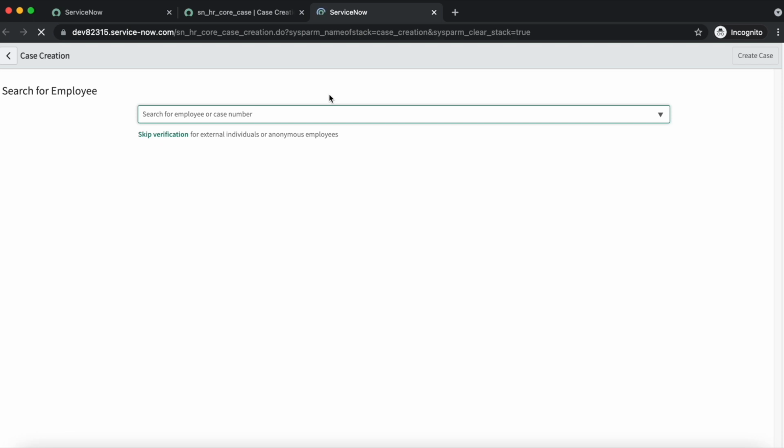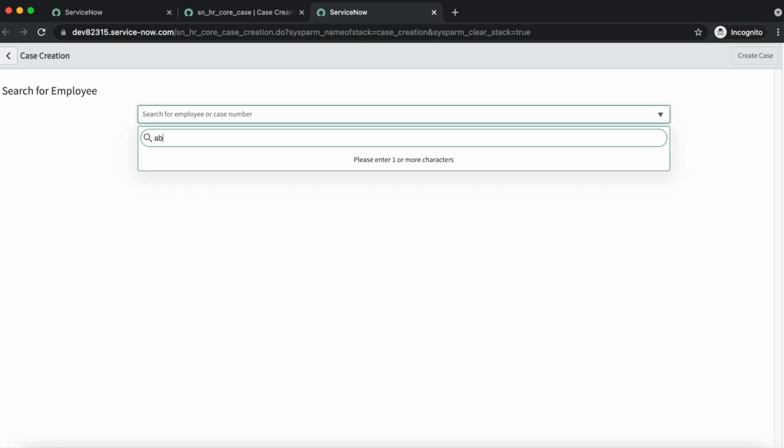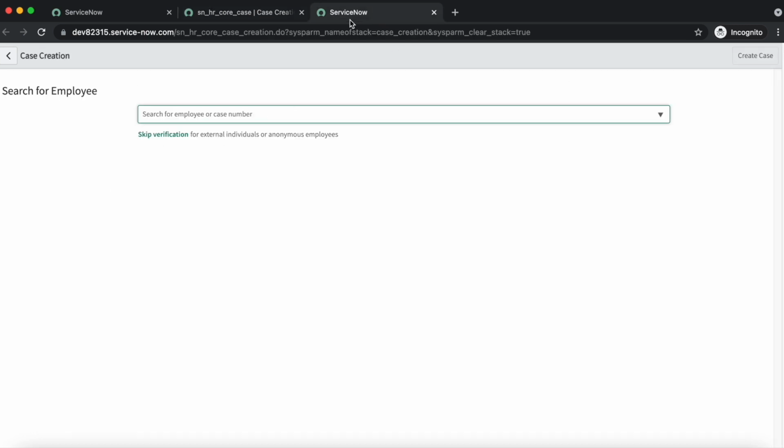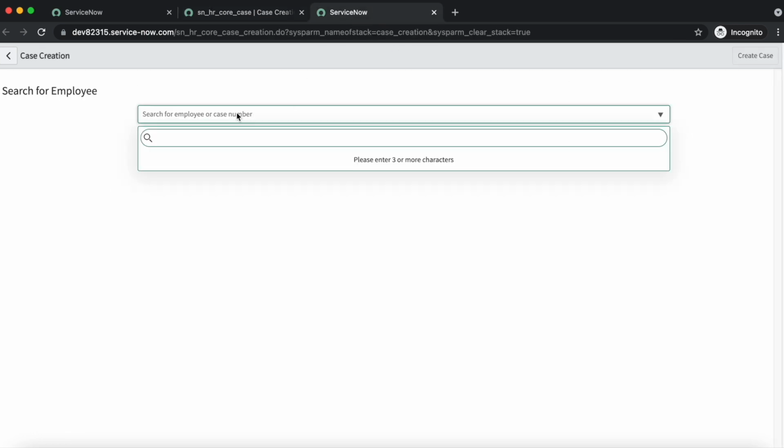Now again I will reload the form, and if I put only ABA, there are no results over there. And you can also see we have a message, please enter 0 or more characters. So if you are changing it to more than 3 values, then maybe you will have to change the UI page coding, the messages over there,